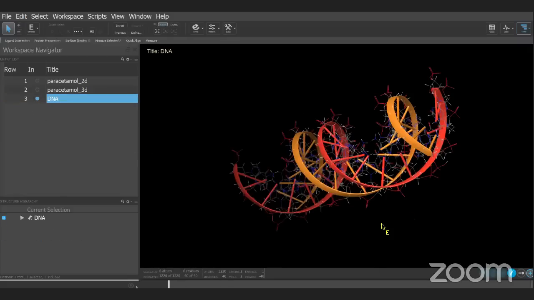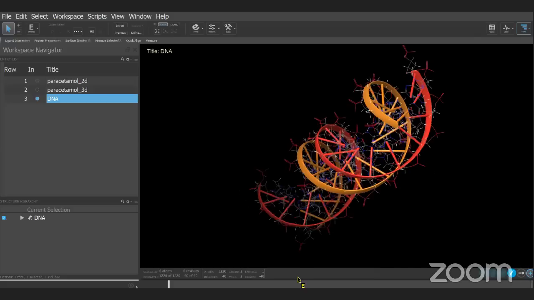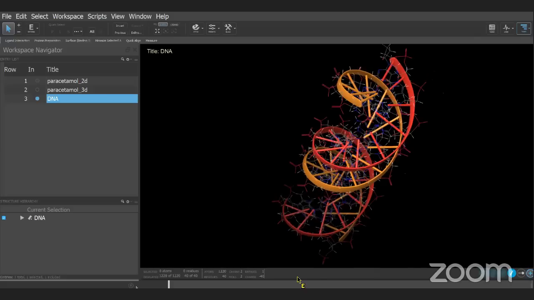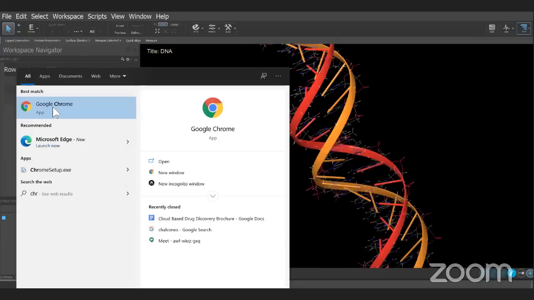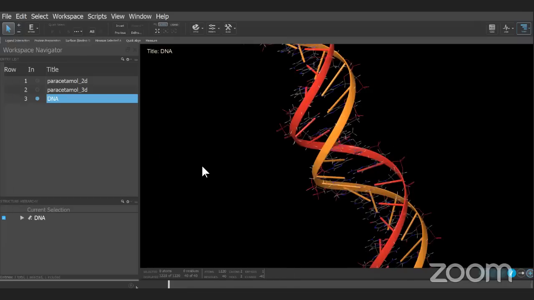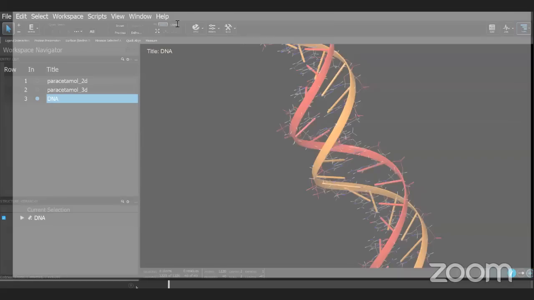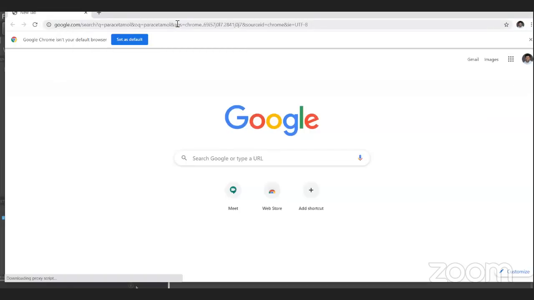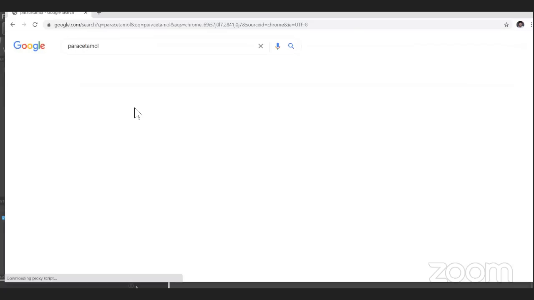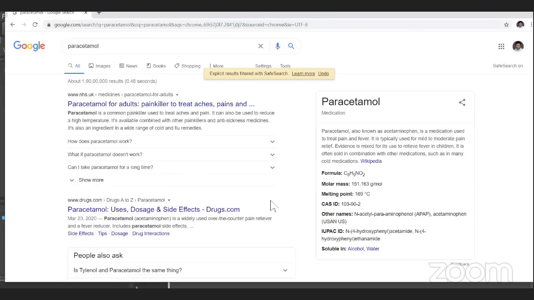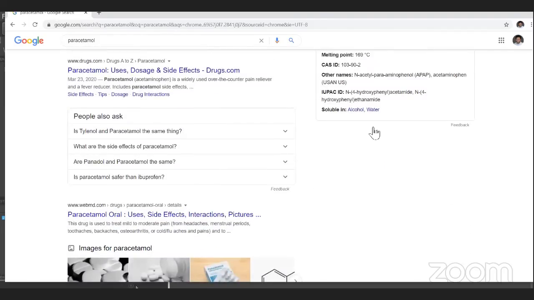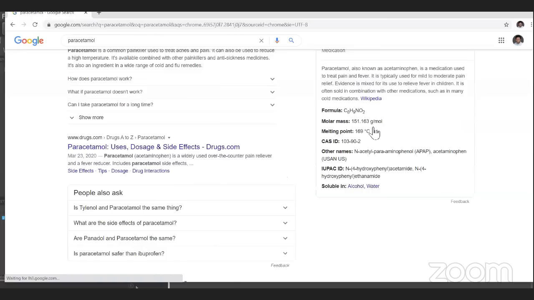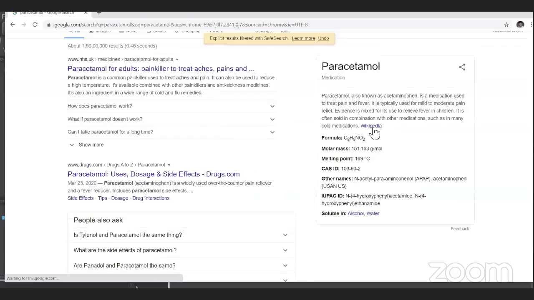So if you want to import, let's say paracetamol, you can go to your browser. So I'll just open Chrome browser and I'll open the browser here. I'm going to search for paracetamol and I get the results here. I can go to Wikipedia for paracetamol. I can click on the Wikipedia entry,